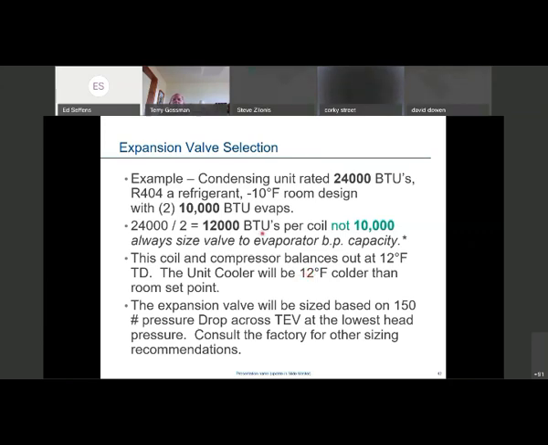So now we size the expansion valve at 12,000 BTUs, right? So taking into consideration that we're using a 150-pound pressure drop across the expansion valve,